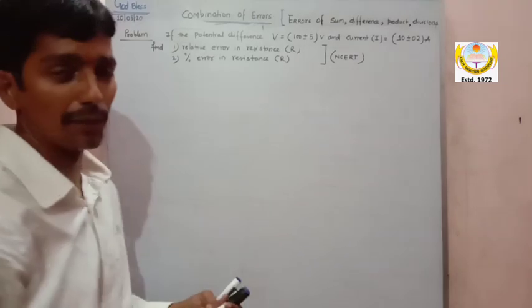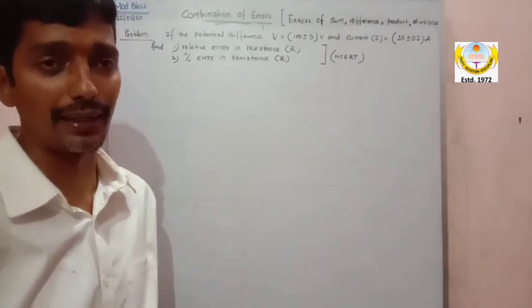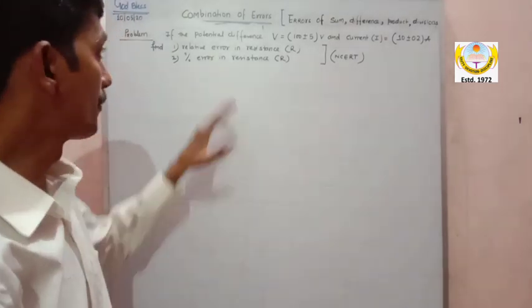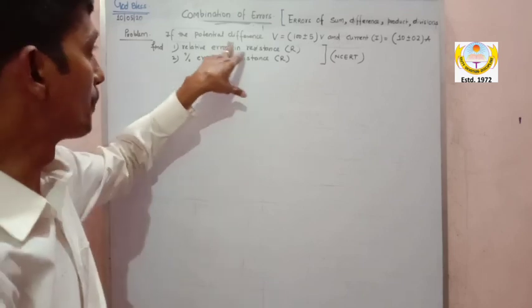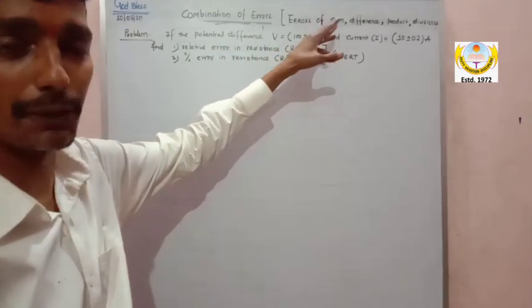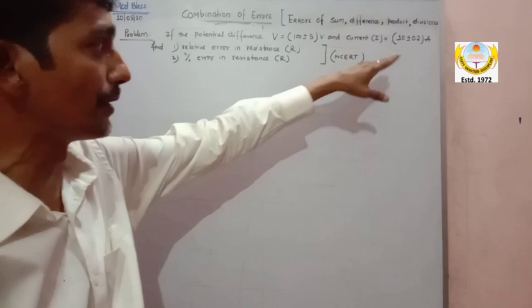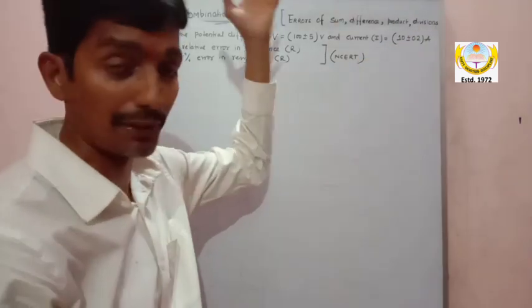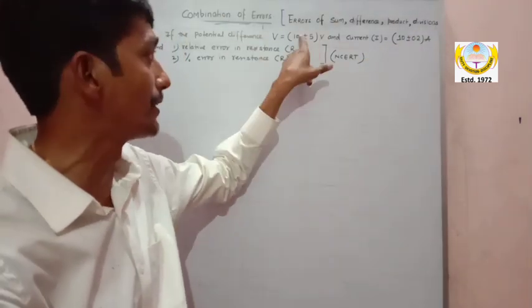Start with the numerical problem based on the theory I have done earlier in all my videos. The first sum on the NCERT: if the potential difference V is equal to 100 plus minus 5 volt and current I is equal to 10 plus minus 0.2 ampere. Now after doing so much theory, you must understand 100 is a true value of